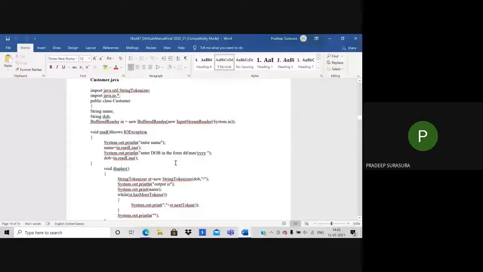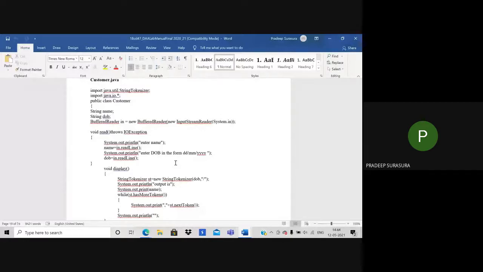The first part is to use the component as a string tokenizer. In one, I will create a customer class where I will create a standard buffer to accept the name of the customer through the standard input device.